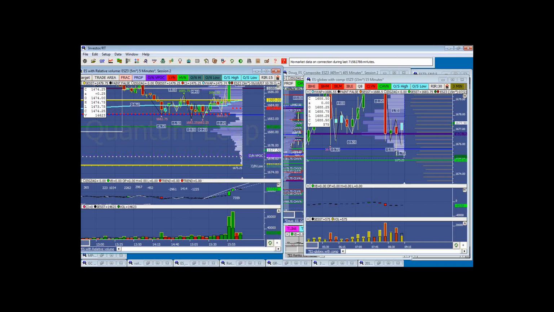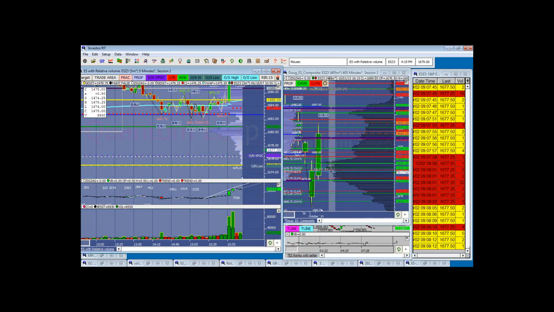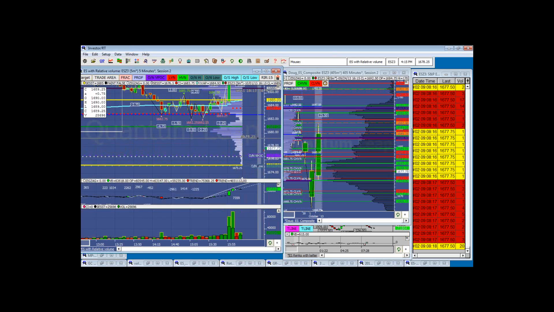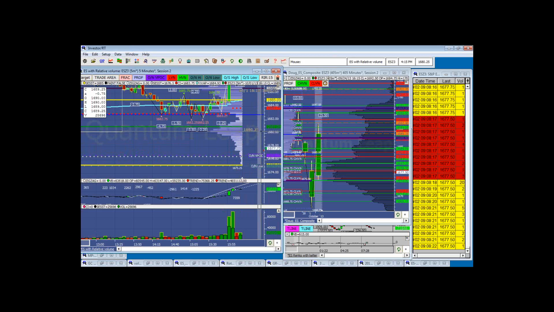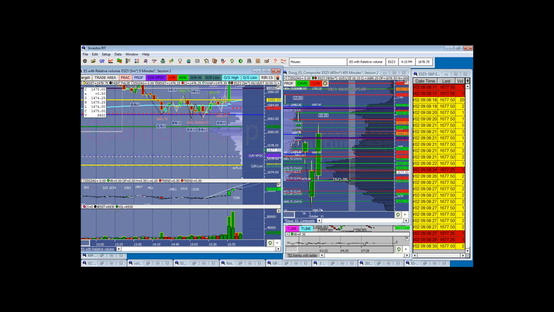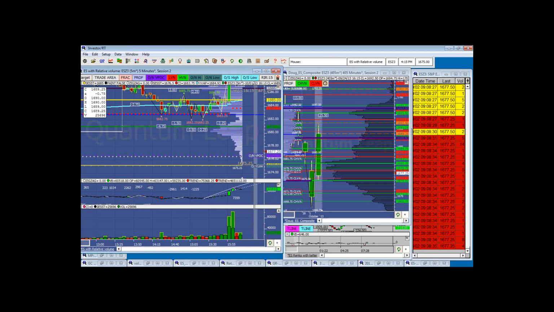Now, in terms of my areas to do business and my hypothesis, we're in the lower distribution. We're in this area of undetermined fair value between 75 and 78.75. So I'm anticipating some rotation to test those levels. The HVN of the lower distribution for yesterday is 80 and a quarter, which is right there at the dominant CHVN. And of course, the CHVN to the low side is 75, just below the overnight low and the range low from yesterday.